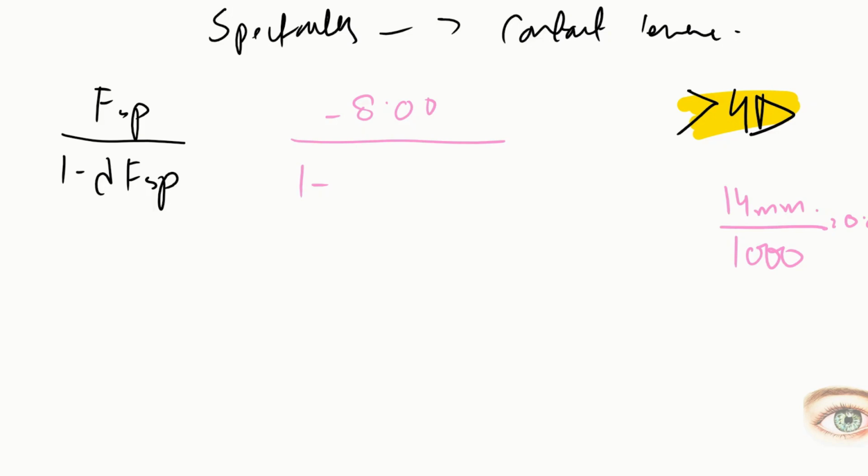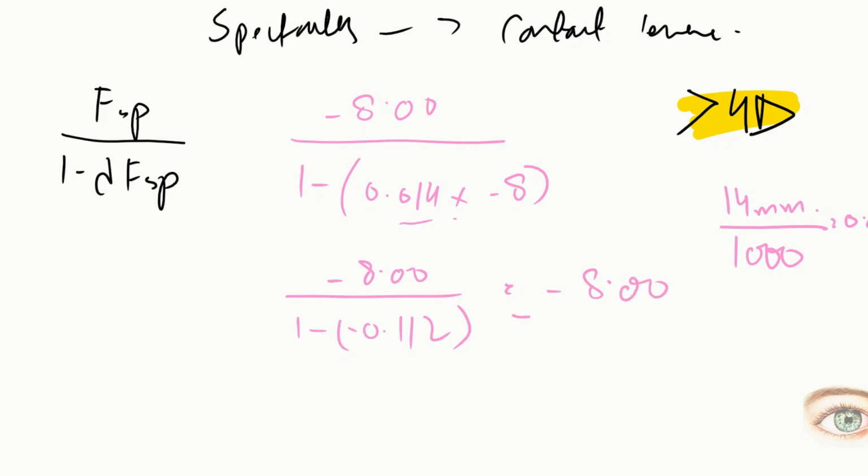Now, you have to put the bracket, right, and multiply it with -8. First you have to solve this section. You will get 0.112, which is going to get added, and by dividing it, you will get -7.19, which is clinically equivalent to -7.25,